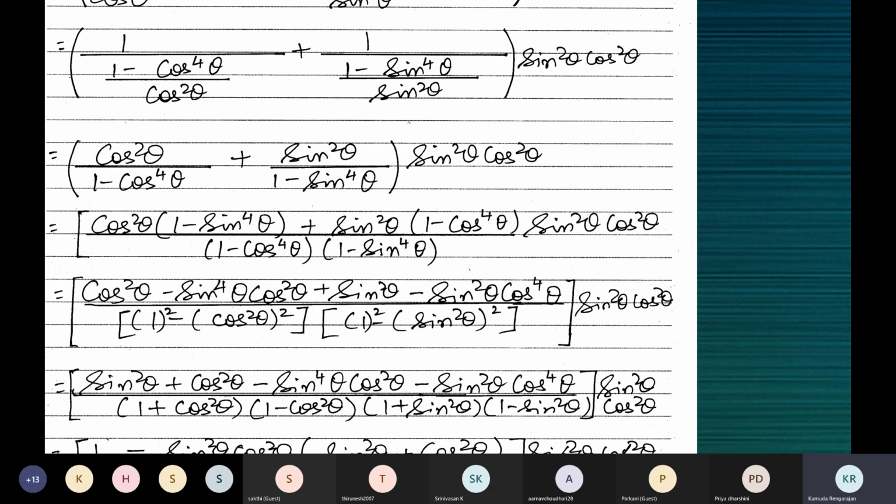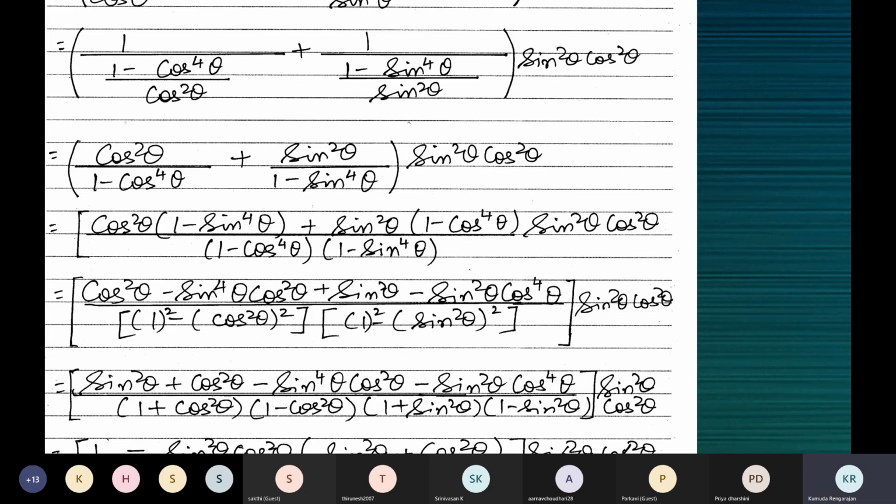So see, children, there's nothing like this. These are the things you will be following. But now here, what have I done? I've only rearranged the terms in the numerator. You understand, that's fine. In the next step, you can write sine square theta plus cos square theta as one. Or you can do it in the step which you're seeing now also. That is left to you. But these are the simplifications which you can do.